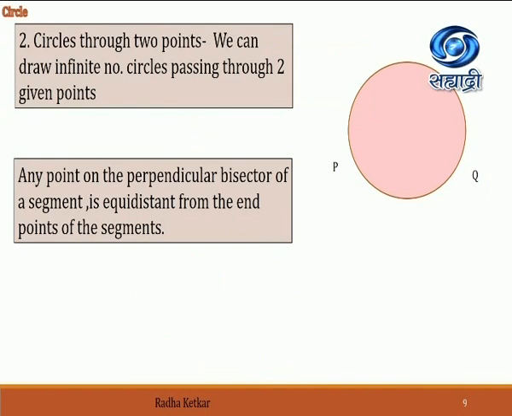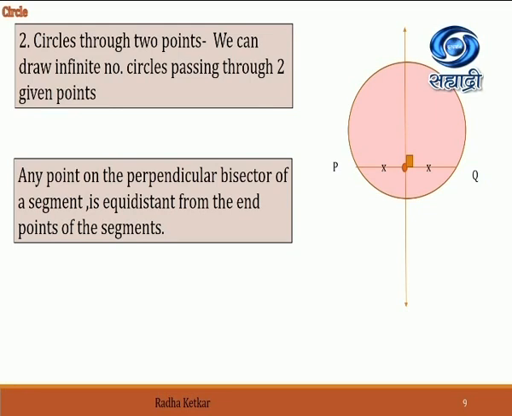Check the next one, circles through two given points. How many circles can we draw when two points are mentioned in a plane? Here also we can draw an infinite number of circles which are passing through two given points. Let's see how. Here we can see points P and Q are mentioned. We have joined PQ and we are drawing a perpendicular bisector. On both sides of the central point, there is a mark which shows that both the parts of that segment are congruent, and it is also perpendicular to PQ. So we are drawing a perpendicular bisector to PQ.